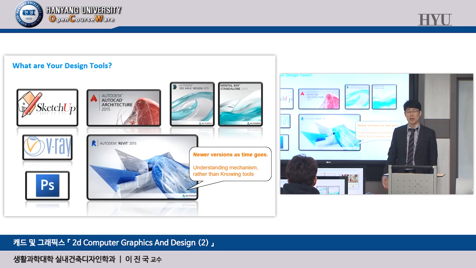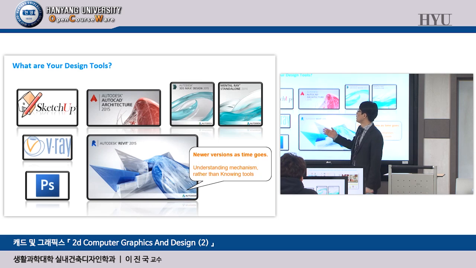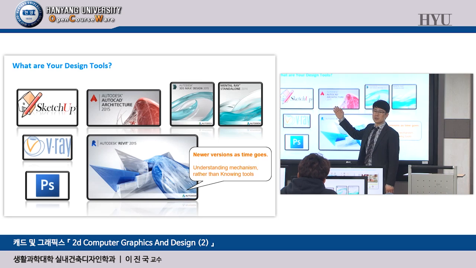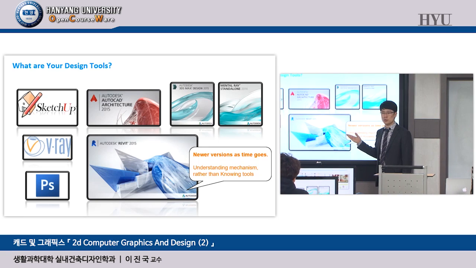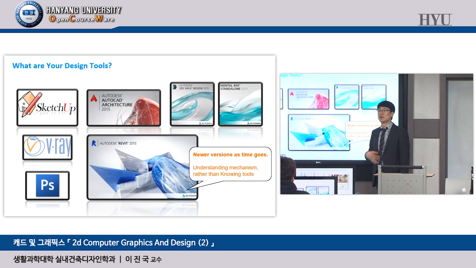Very recursive and time consuming, okay? Even if you are very familiar with AutoCAD 2016, 2015, if 2017 is released, you have to learn again because they look different. But what if you have known the background theory behind the technologies,